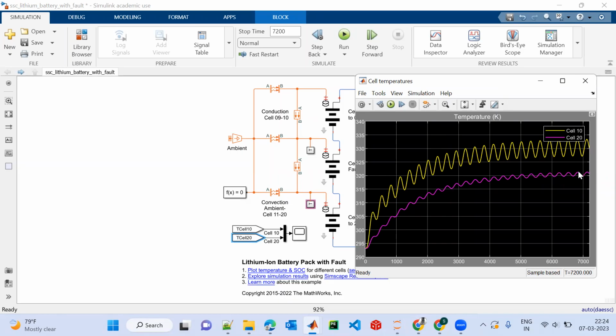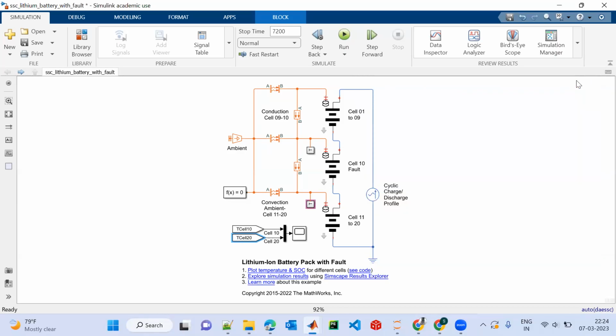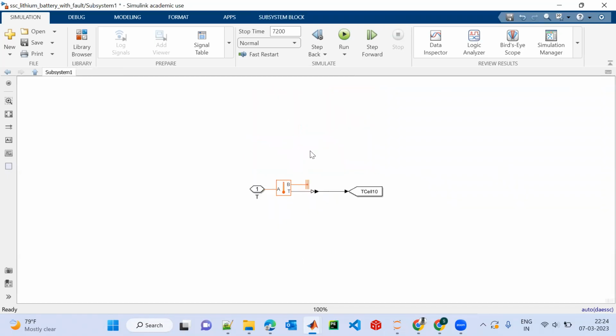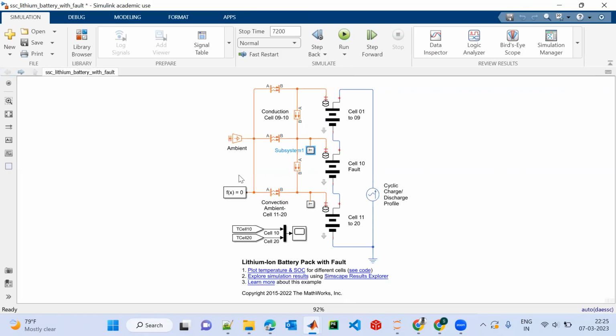The maximum temperature is going to 320 Kelvin, whereas the faulty cell temperature is rising to more than 330 Kelvin. So we can see some faults or abnormalities in the faulty cell. Now, if we open this subsystem, this is the T subsystem. Based on the temperature sensor, those temperatures are collected over the go-to block. Then with the help of a from block, this is shown over the